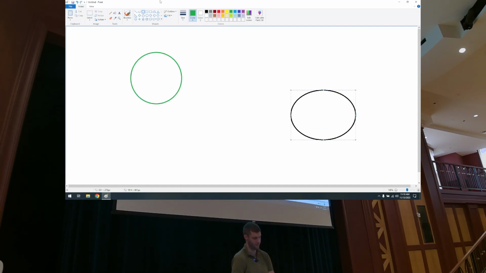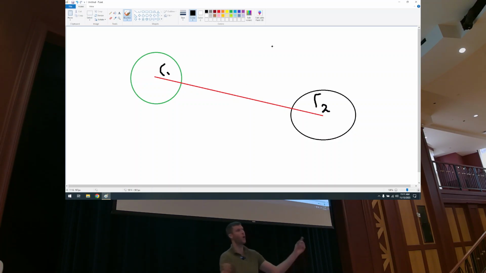I know they're not, they're circles. And I know the distance between their centers is this. All I need to know is the radii, R1, R2. I just take the total distance and then chop off their radii